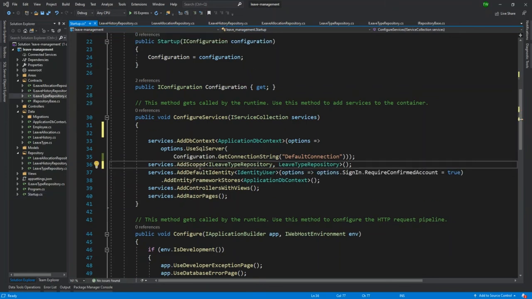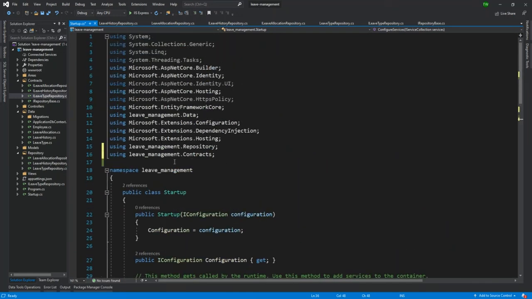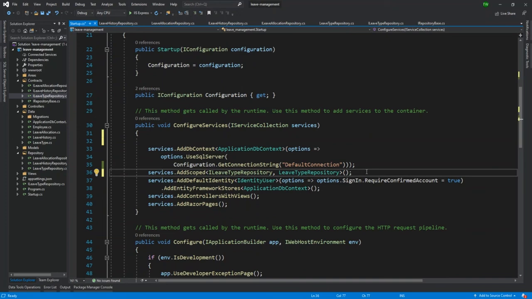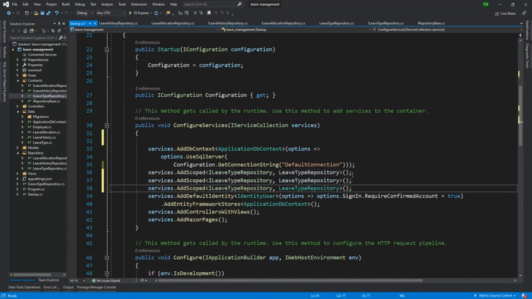All right. So once we add scoped and we put in our repository or interface and our repository class, then if you get any red lines, then you probably just want to check your references up top and make sure that you have the correct namespaces for the respective files. And then we're going to do that for each of our pairs. So we have iLeave type repository. We also have iLeave history repository, and we also have iLeave allocation